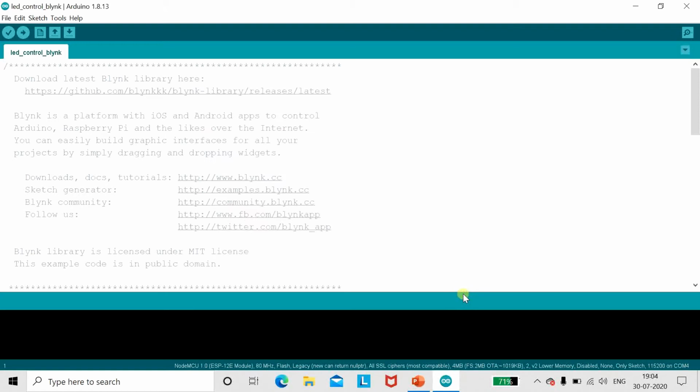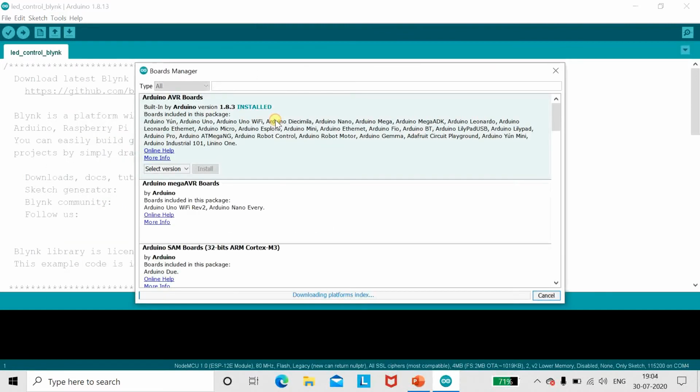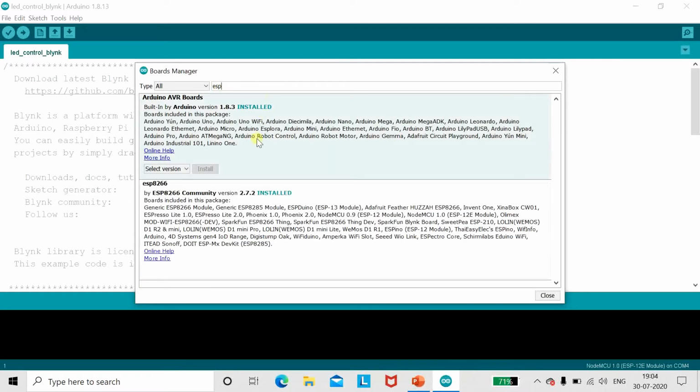Once done with this, go to Tools, then Board, then Board Manager. In Board Manager you will get ESP here. Click here, ESP. ESP 2.7 version is already installed here. If you choose the updated version, ESP 2.73, click it and click on install.